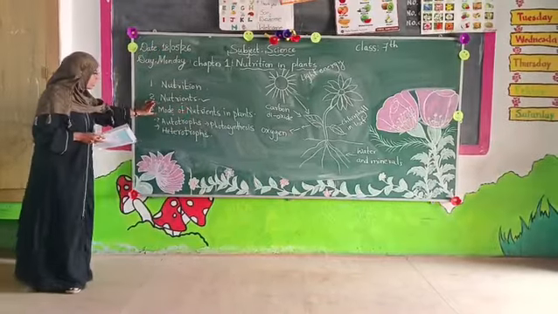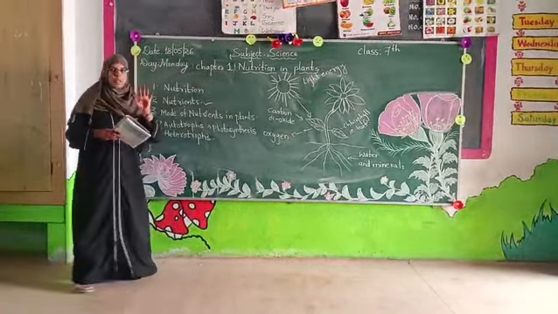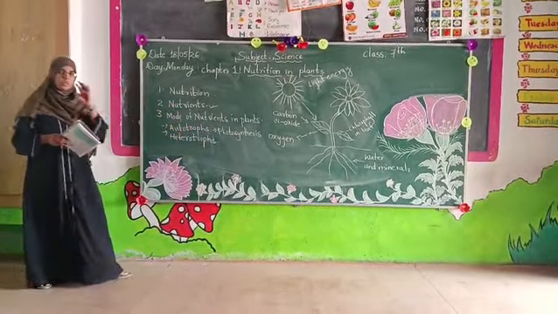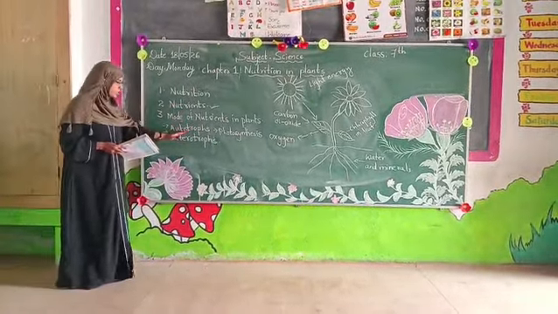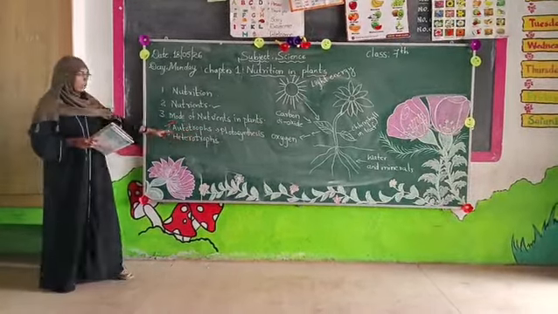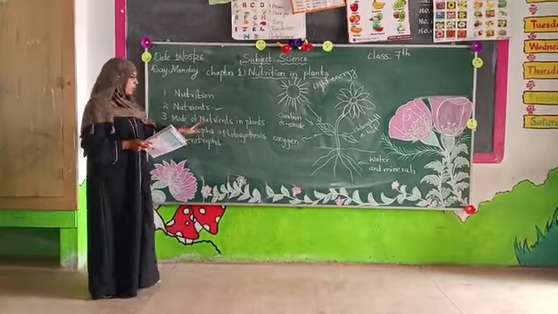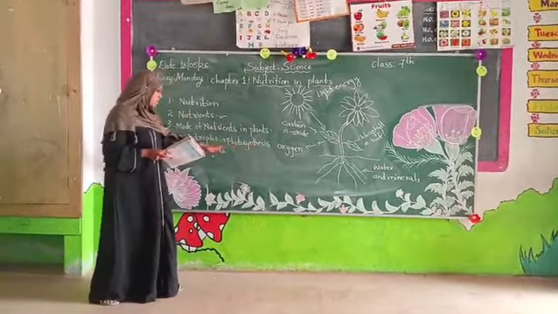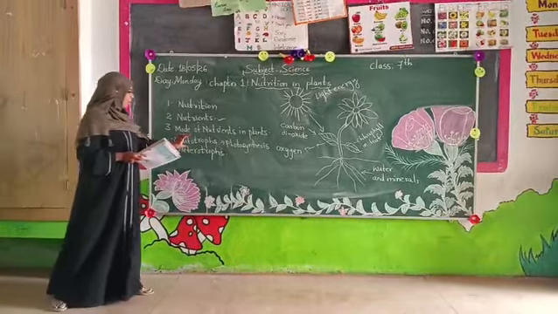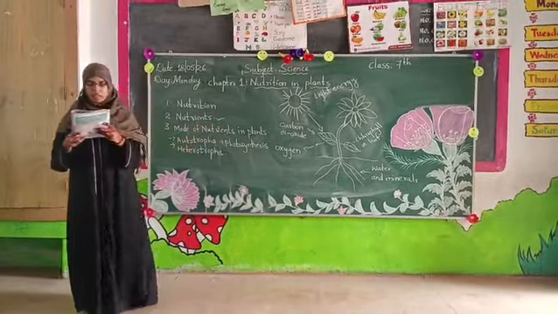Now, coming to the modes of nutrition in plants. How many modes of nutrition do we have in plants? We have two types of mode of nutrition in plants, autotrophs and heterotrophs. In autotrophs you have the photosynthesis process, and heterotrophs we will discuss in the next class. Coming to autotrophic mode,